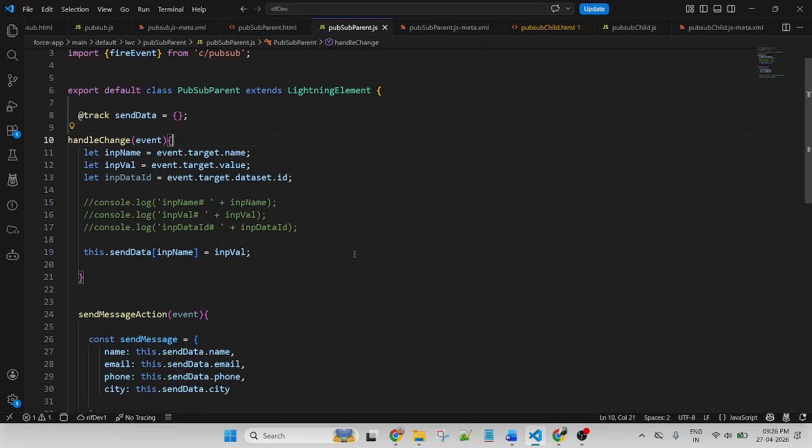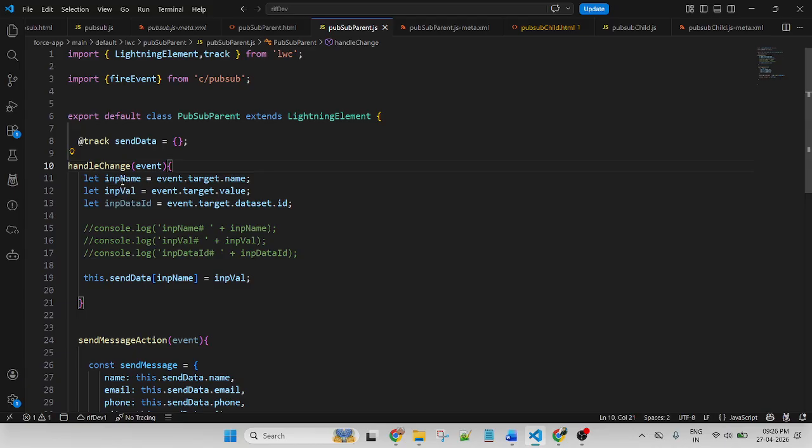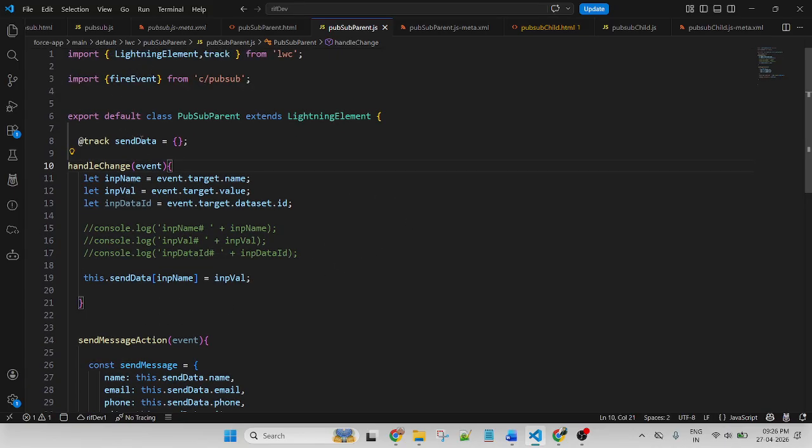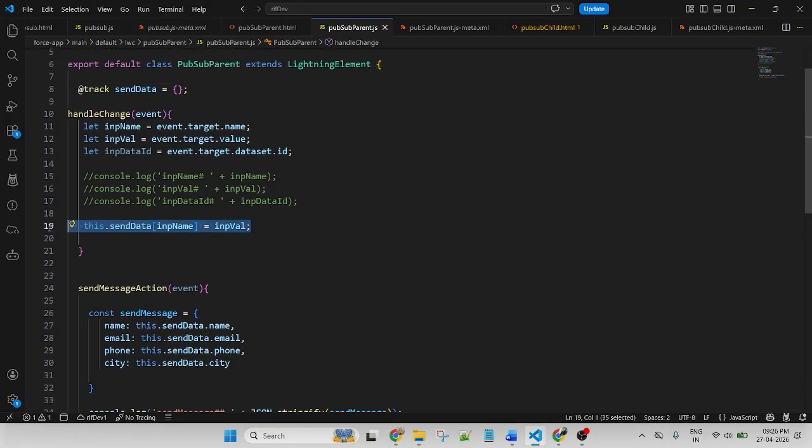So this is a handle change. Based on this input name and this input value, I first created a data variable, and one by one I am using it. This handle change will get the current value and store it into this object. So this is a key and this is a value, with the key as the target value.